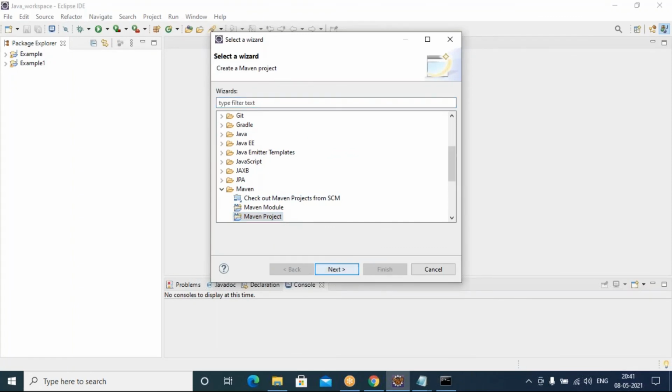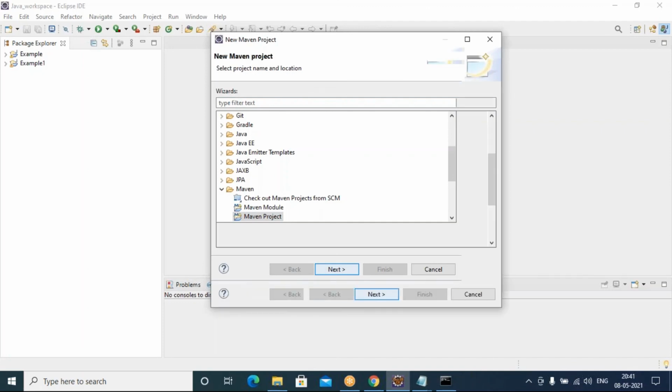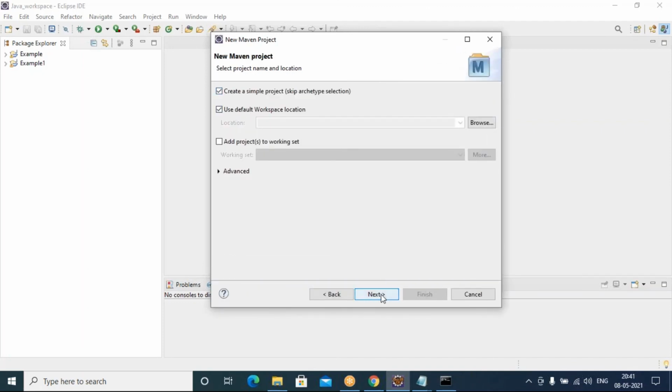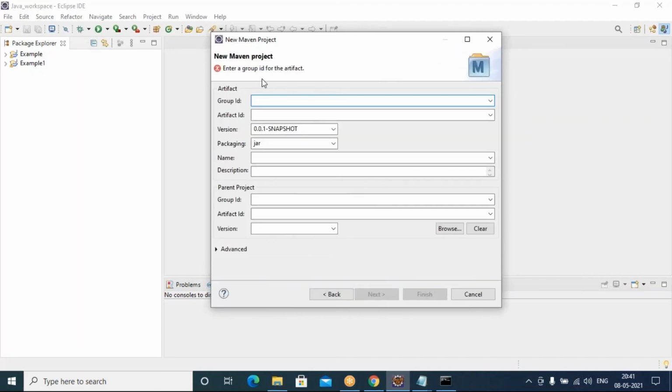In the Maven project wizard, if I go next and choose to create a simple project, it will ask for the group ID, artifact ID, and version of your project. The version is provided by default, so it is optional, but the group ID and artifact ID we need to mention, and also the packaging, like jar or war, whichever type you want.